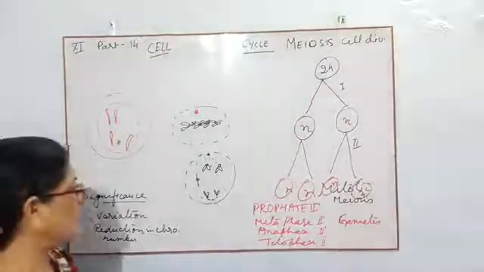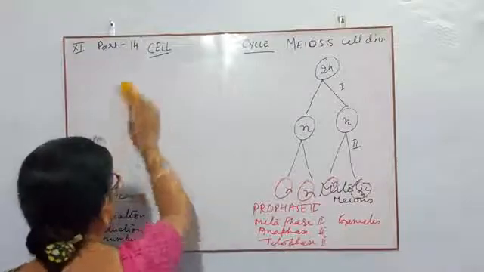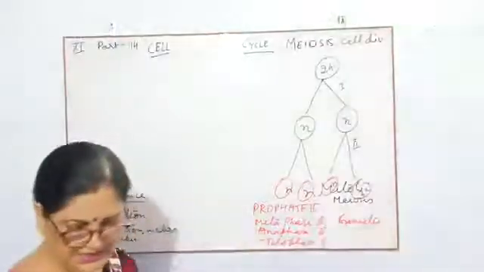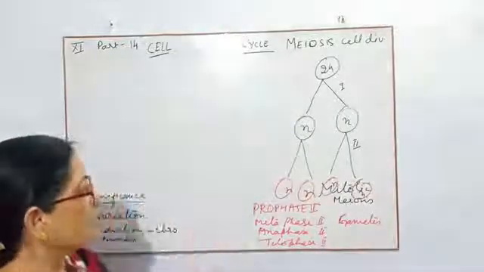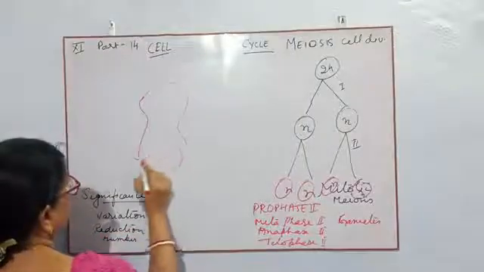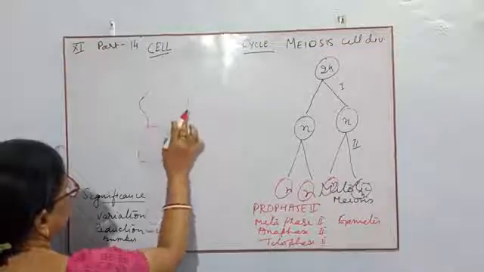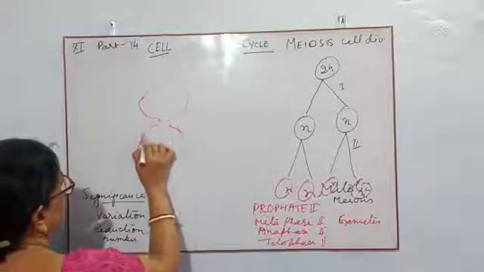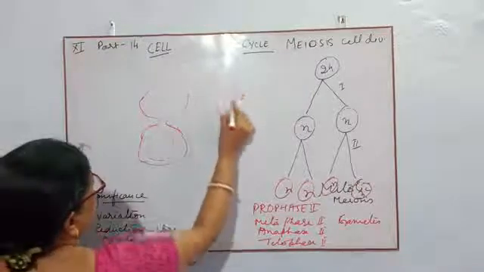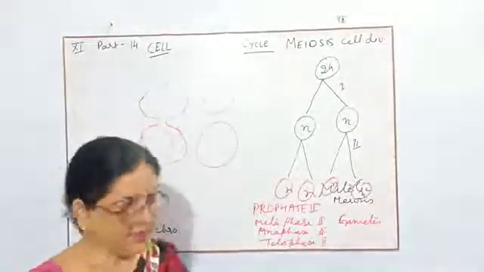So children, there is no problem about metaphase 2, anaphase 2, telophase 2 and prophase 2. All will be the same, just like mitosis. And then finally they divide. Now this furrow will come closer to each other, and in this way 2 daughter cells become separated, and in this way they form the gametes.